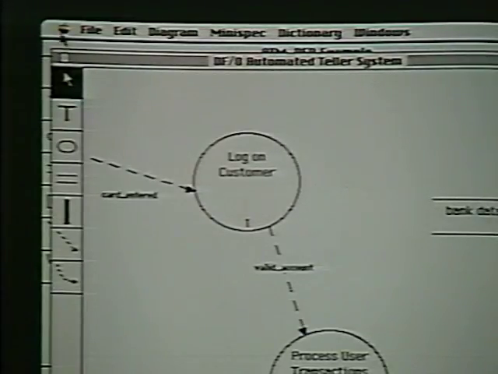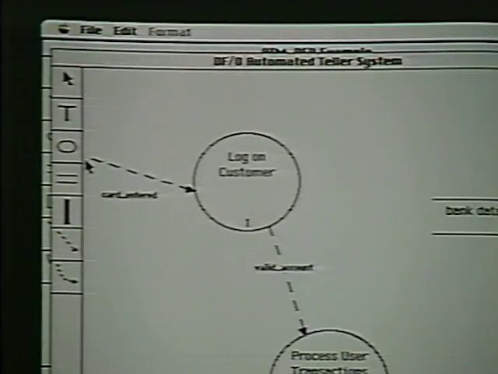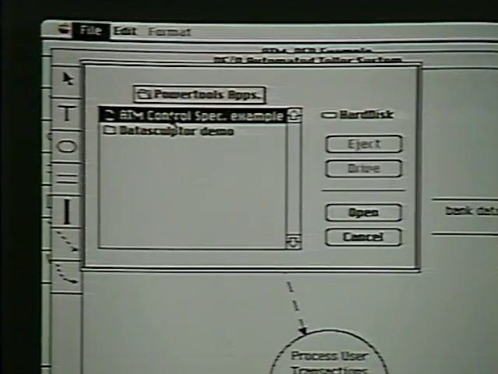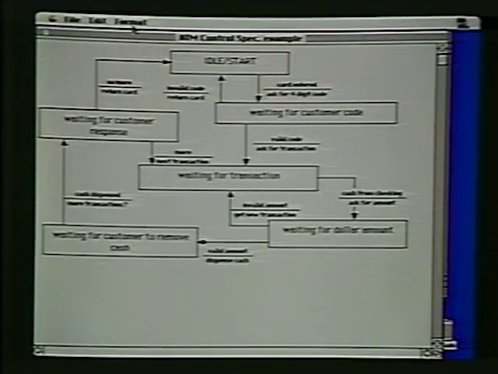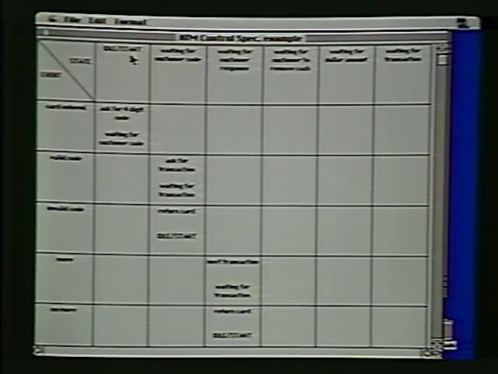Now let's look inside of the control specifications for this diagram. I'm going to open up the Fast Task tool for this. This is a finite state model where we have states in the different boxes on the diagram and events and actions on the arrows, which are called transitions. This diagram shows how a system transitions from one state to another. I can translate my model into a state table or also as a state by event matrix, showing all the states of the system on the top and all the events on the left margin. Let's go back to our DFD now